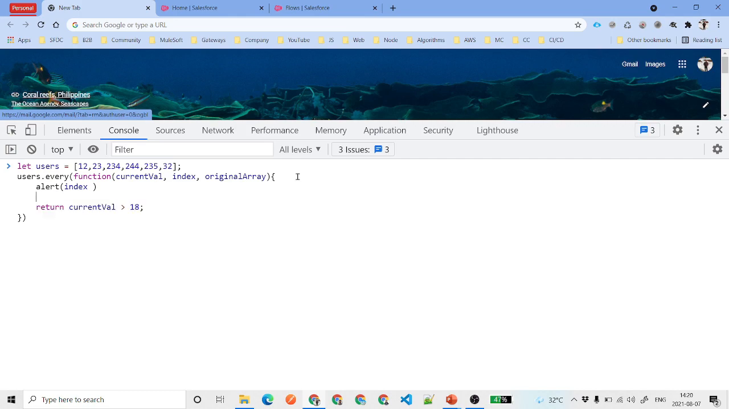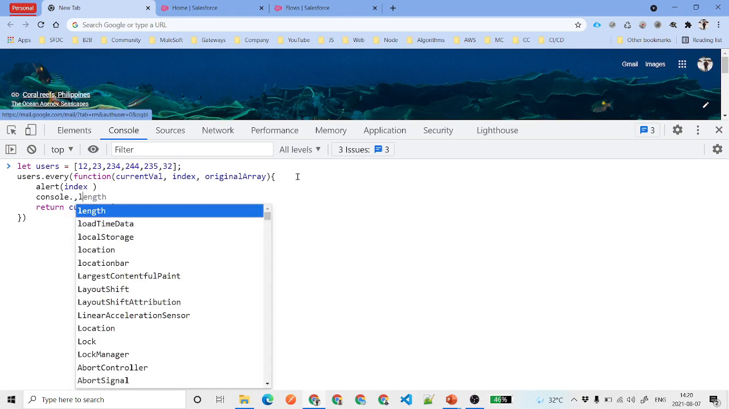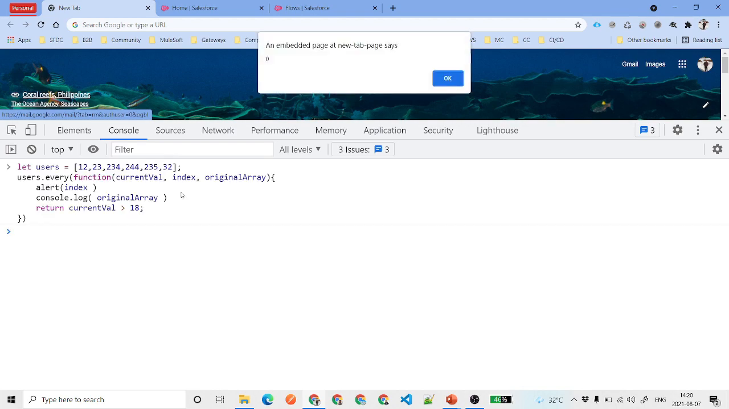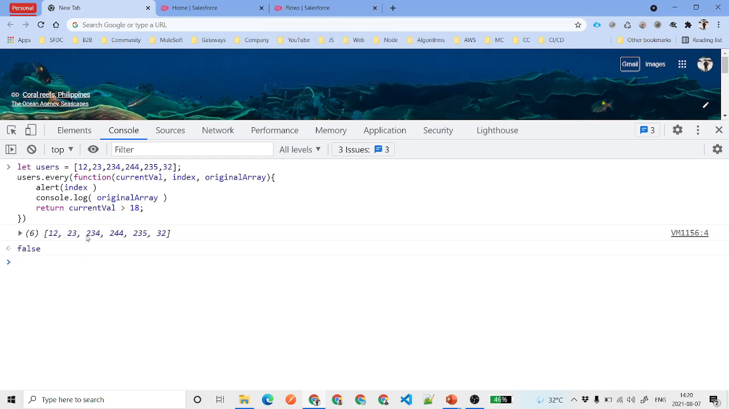So I will say console.log, basically it is going to print out the value. So you can have the original array, and then you can just go ahead and hit enter. You can say index is 0, and then it is saying false. Okay, why does it say false? Because every element isn't greater than 18. The first element itself, it found is less than 18,